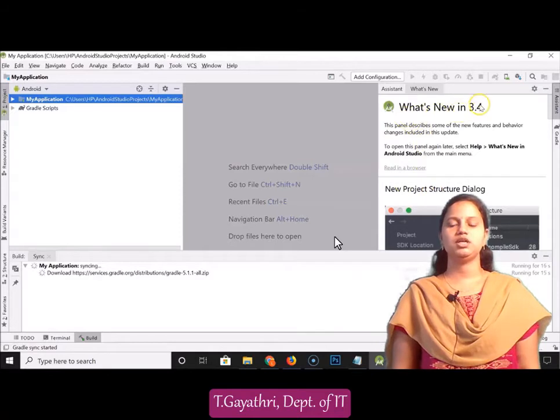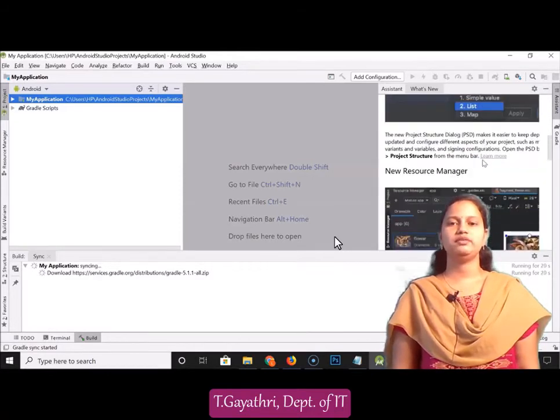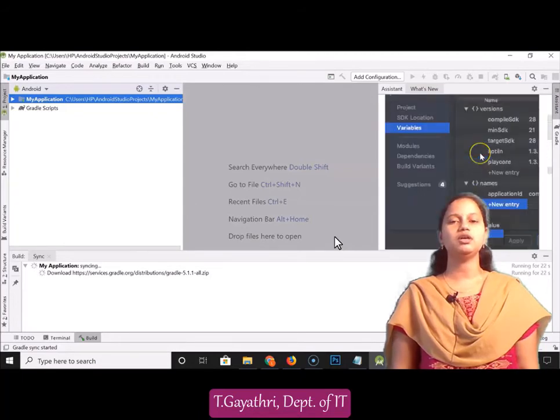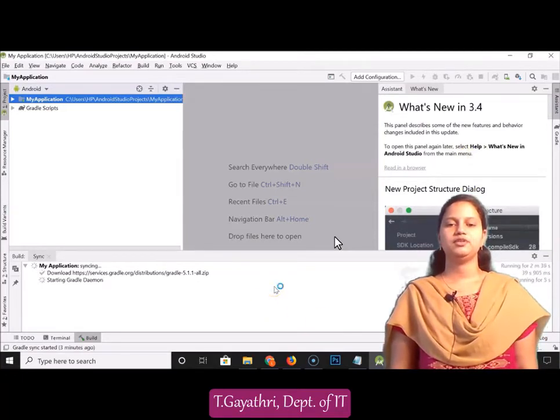This is the information about your 3.4 and what the different options available are. This is like a documentation of your Android Studio. Again two processes are running in the same state, so wait for some time.